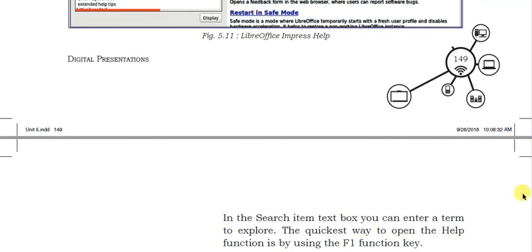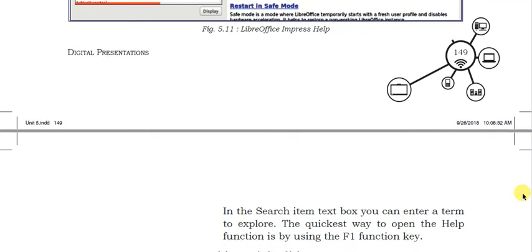In the search box, you will type your term and you will get the result. The shortcut key to open the help function is the F1 key. This is the default key in almost every software. Whenever you want some help, you will press the F1 key.